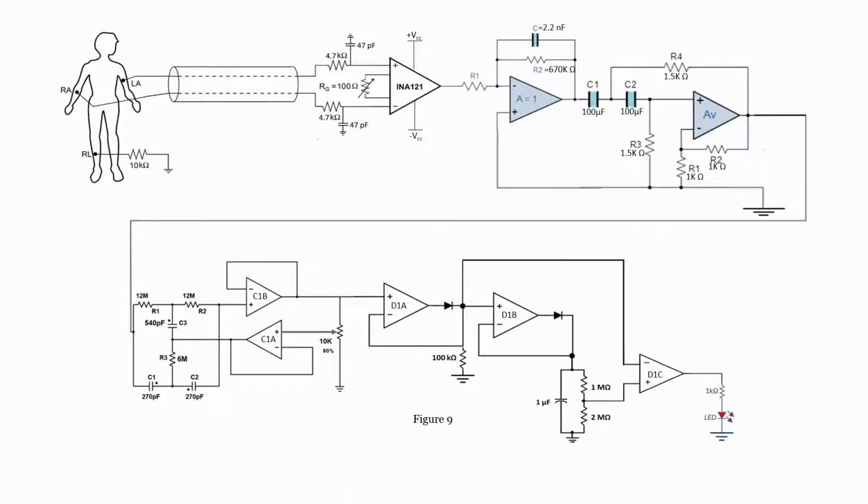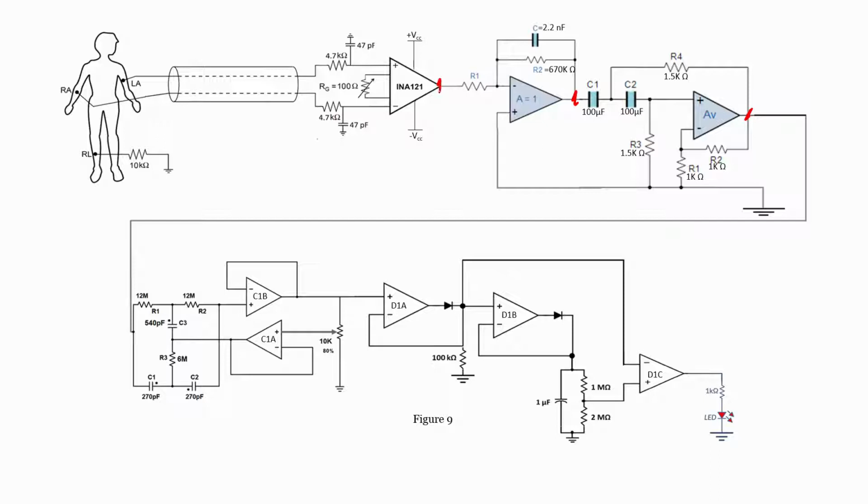Till now we have seen the subsystem level of each and every designed part. Now what we are going to see is, once we interface and connect our electrodes to the specific person to acquire our ECG signal, how the processing will be done. We will compare the signals, the outputs at this point as well as at this point, and see how accurate and how good the ECG signals are that we get at these two outputs, as well as at this point too.